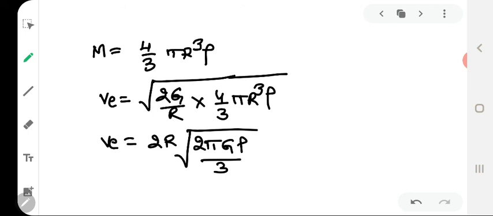Now the expression for the escape velocity has been derived by neglecting the resistance due to the Earth's atmosphere. At such tremendous speed, the air resistance becomes very large, and in practice the escape velocity on the surface of the Earth is much higher than that given by the above equations, the equations that we have written right now. Such high velocities are imparted to the bodies to be projected by the use of multi-stage rockets.